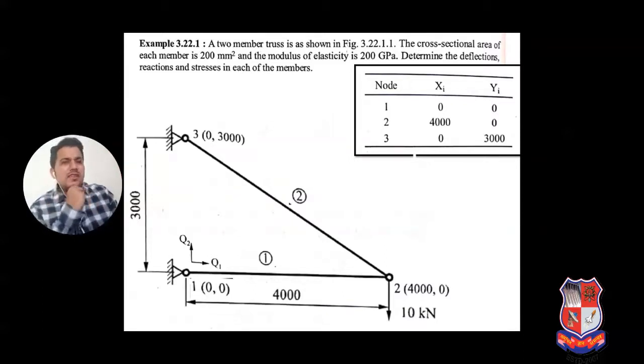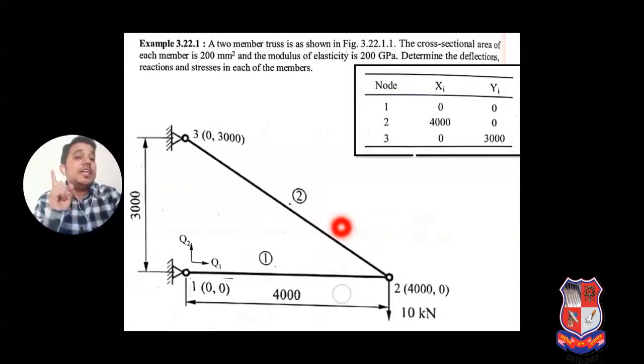So why are we taking a vertical direction in it? Because truss is a 3D structure, and you can observe one more degree of freedom, which we can observe inclinedly. Up till now we saw either horizontal or vertical elements, but here the element is inclined. When the element is inclined, another degree of freedom will be formed at each and every node. So as per that, we have to provide degrees of freedom at each node: for first Q1 Q2, for second Q3 Q4, and for third Q5 Q6.